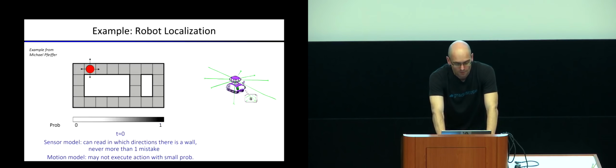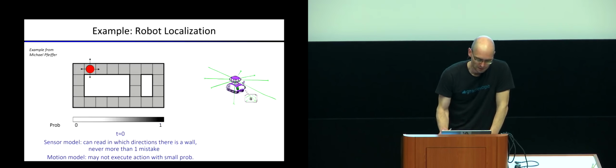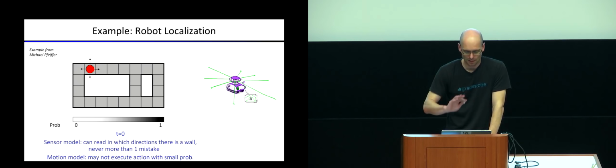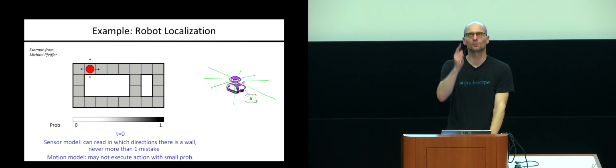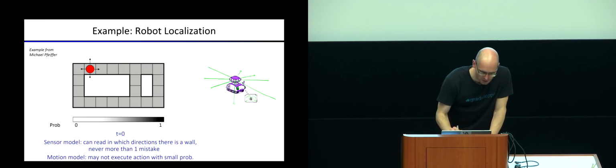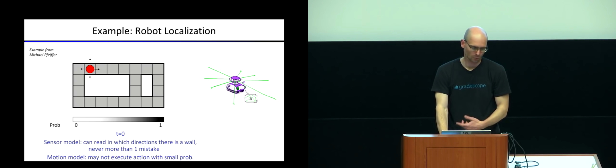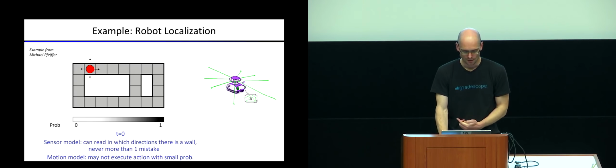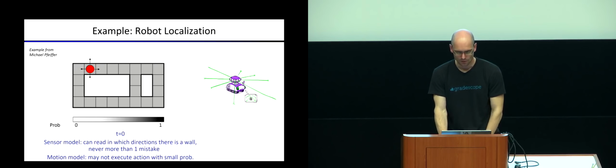So, what's an example of this in action for robot localization? This robot could be anywhere in this grid, so everything's equally gray. The observation model is that it senses to the top, the bottom, left, right. It senses whether there's a wall or not. It makes at most one error. So when it's there, it could have 5 different types of readings. The reading where there is no error, or the other 4 readings where you make one error in your 4 readings. That also means that when you read something, you can't count on it being an exact match to where